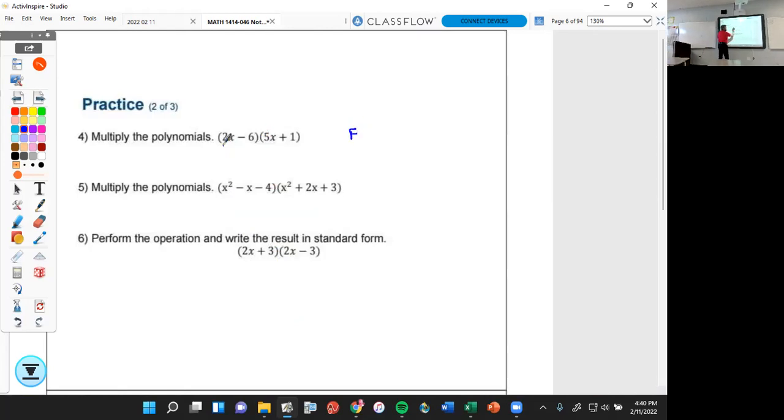First times first, we have 2x times 5x. Those are the first two terms in each of those binomials. Well, 2 times 5 is 10. X times x is x squared. Plus outside times outside. Outside times outside would be the terms that are furthest away from each other. That is 2x and 1. Well, 2x times 1 is 2x, plus